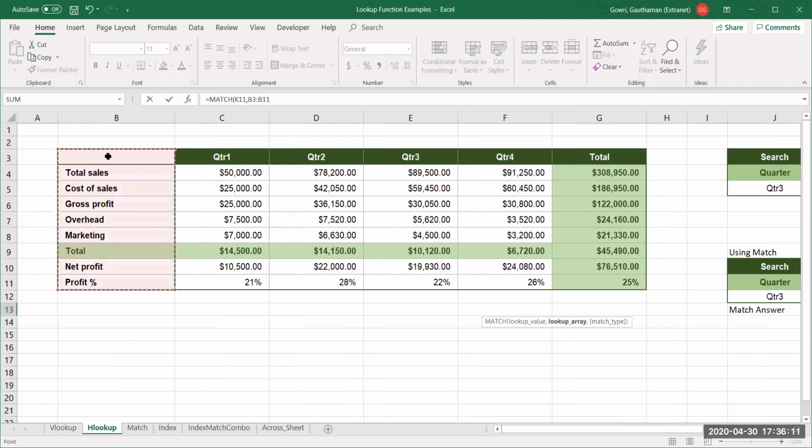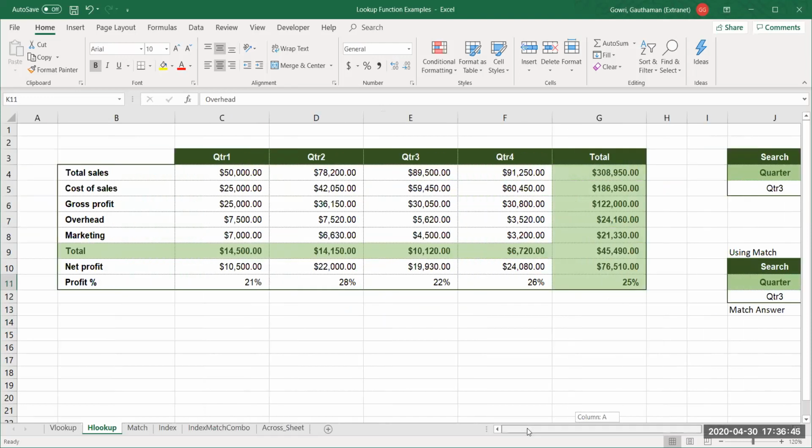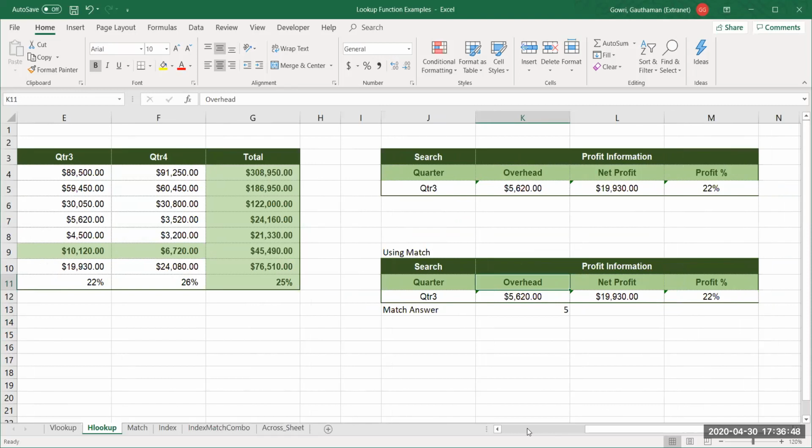I have included this blank cell as well because even this is present in my table array selection where HLOOKUP is provided. So in HLOOKUP, whatever data you have selected, keeping that in mind, I've also included the cell which is blank. I'll choose this, I'll make it absolute. Here I'll say 0. With this I'm using it to find out the row number. It will give me that. See, overhead is 5th row, correct? So if I say total sales, let me type it. This will give me second row.